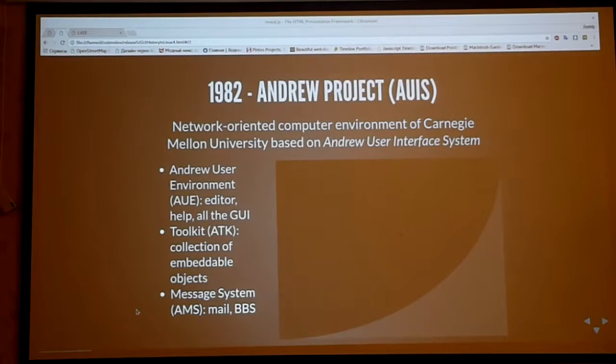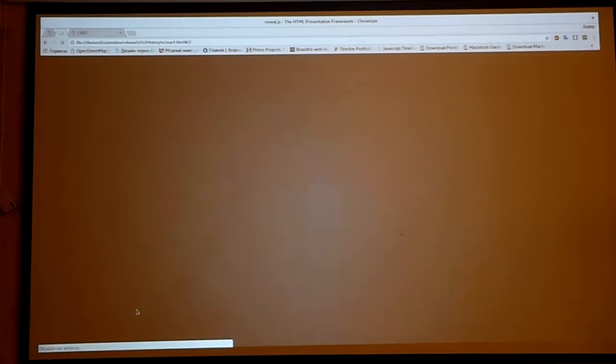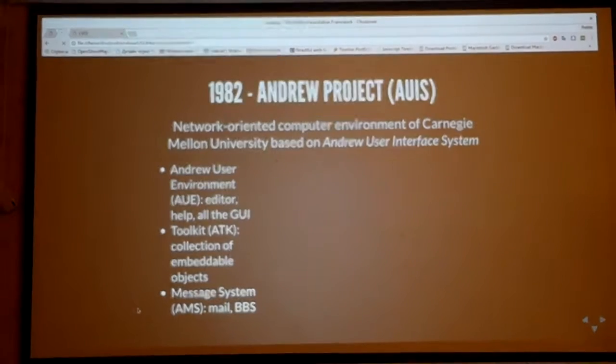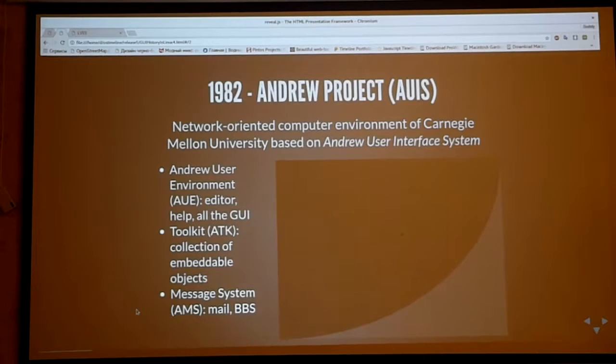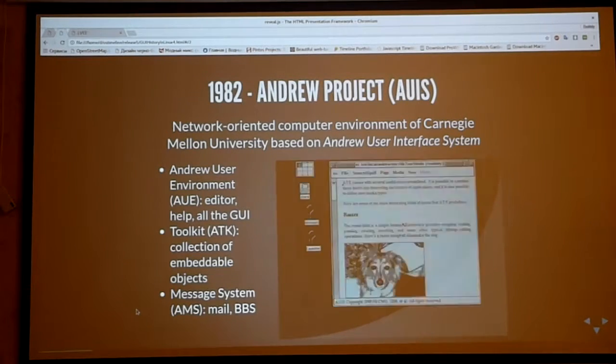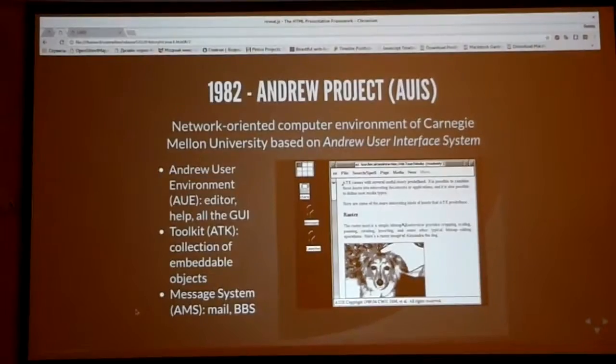A 7 years old notebook is capable of running them, as you can see. So I think that we will see the next one. At least I hope. No? Oh. Yeah, here it is.